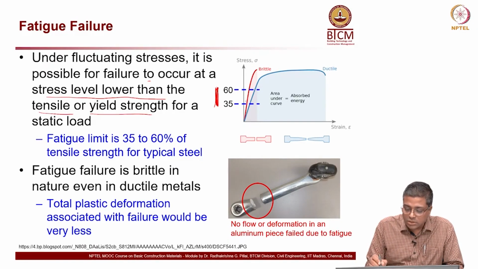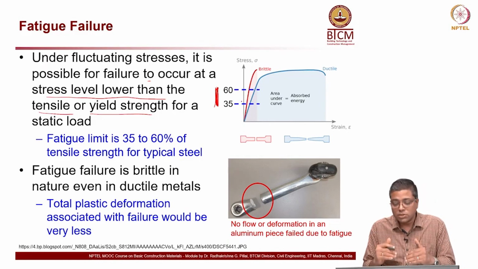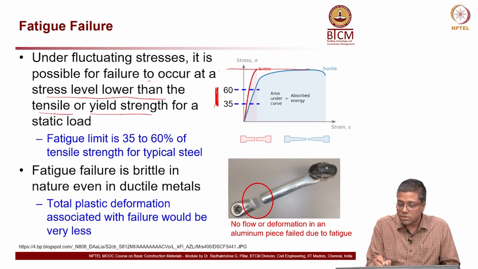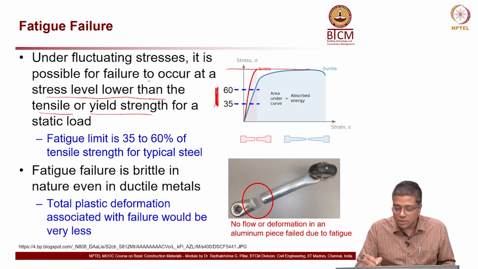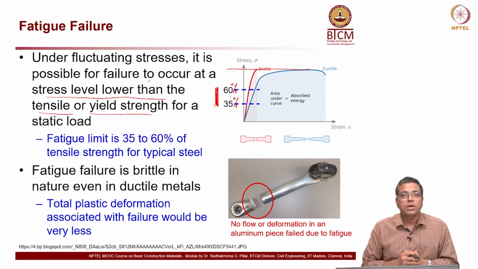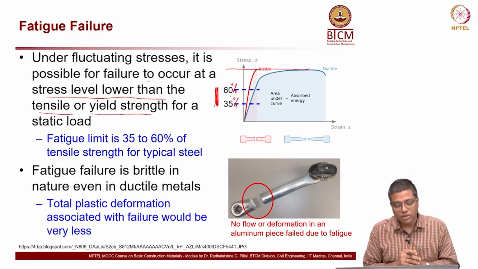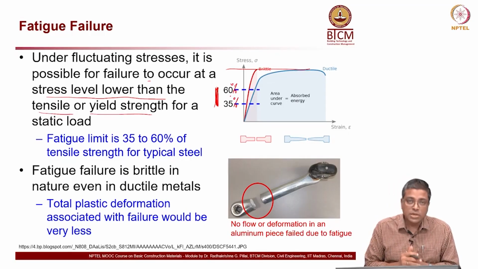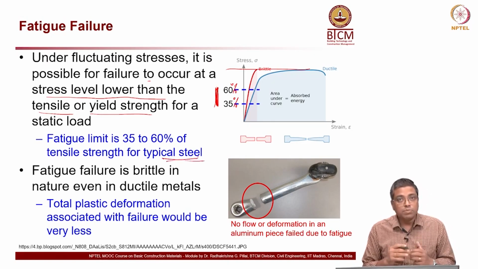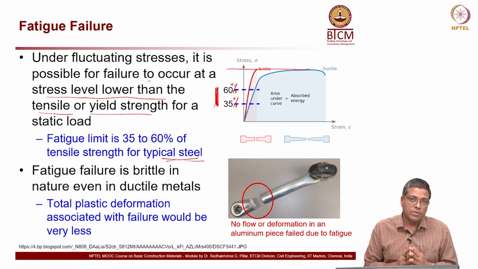That means, even if the stress is much below the ultimate, somewhere here, so only 35 to 60 percentage, let me put this percentage here, 35 to 60 percentage of the load, there is a possibility of fatigue failure to occur, especially in case of typical steel. Now, fatigue failure is brittle in nature. Steel, you can say it is a ductile material, but still when it fails, it can fail in a brittle